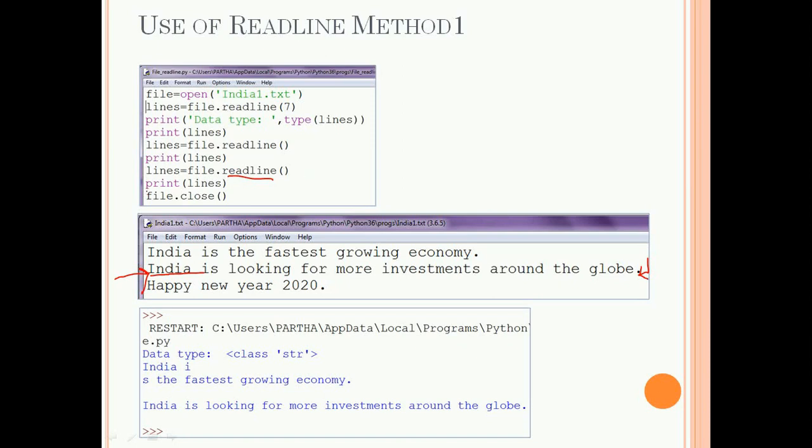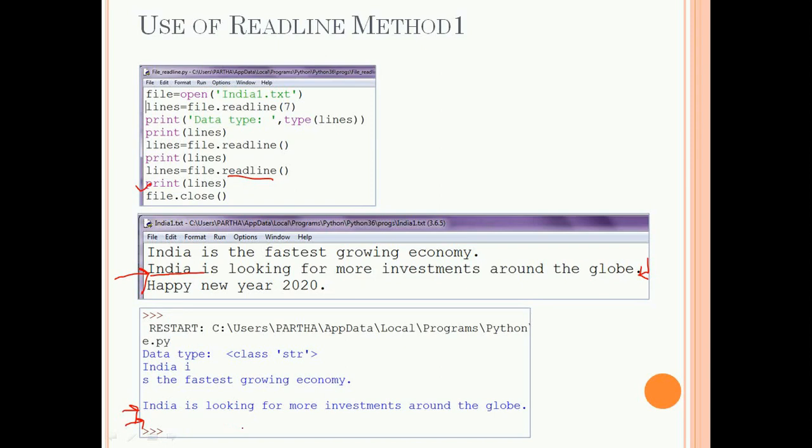And in the next line I am printing the content of the variable lines. So here in this line, India is looking for more investments around the globe dot is displayed, and due to the new line the cursor will go here, and due to the print function a blank line is created.